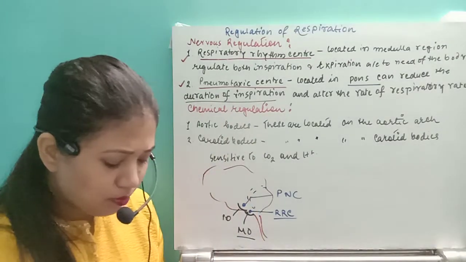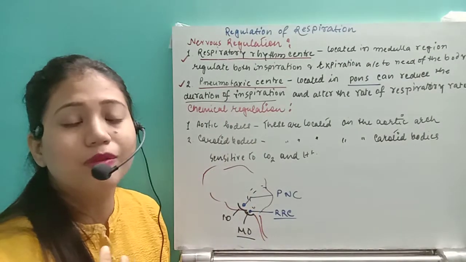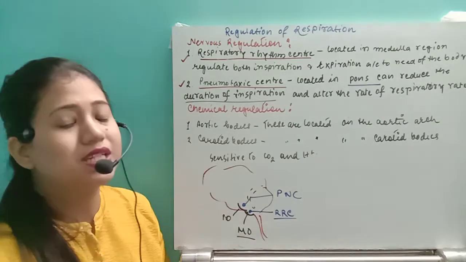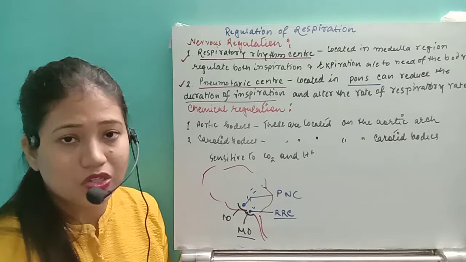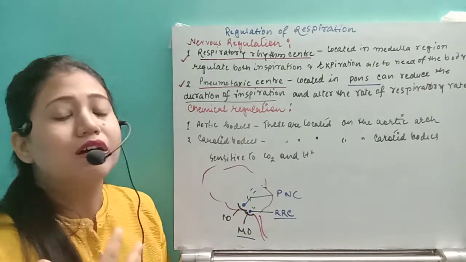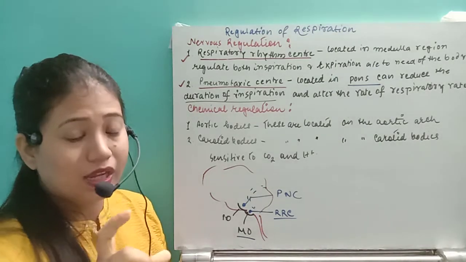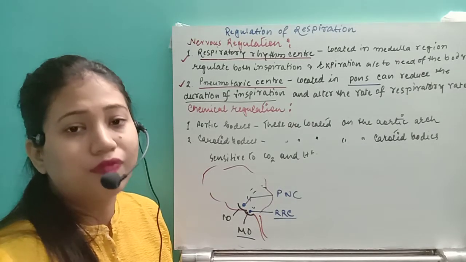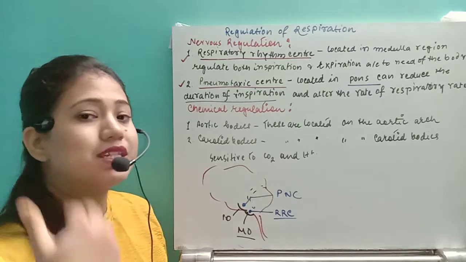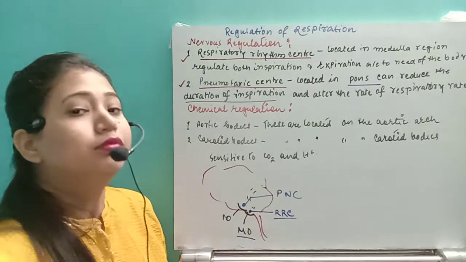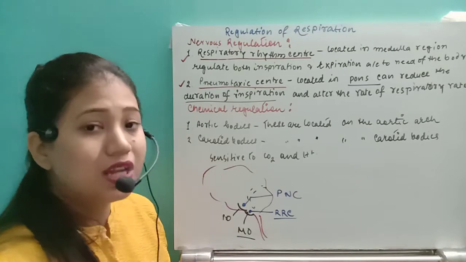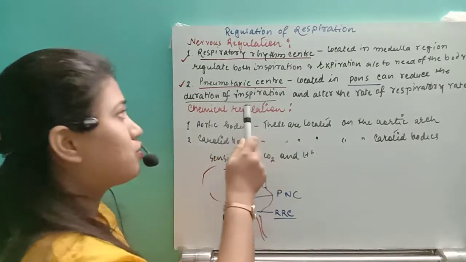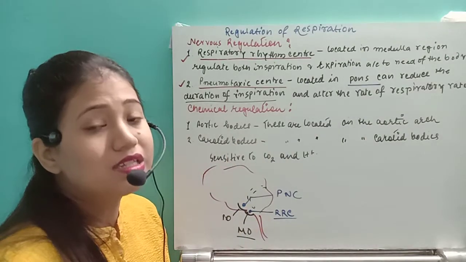Normally whenever we breathe, we take some time for inspiration and some time for expiration. This is one normal breath. Suppose one inspiration and expiration takes around 5 seconds: 2 seconds when the gases are taken in, that is inspiration, and whenever we release the gas it takes around 3 seconds. So first of all, what is the pneumotaxic center going to do? It will decrease the